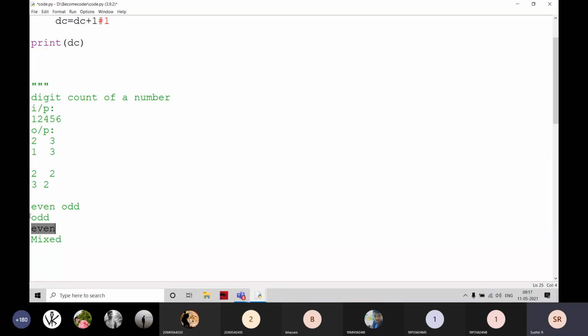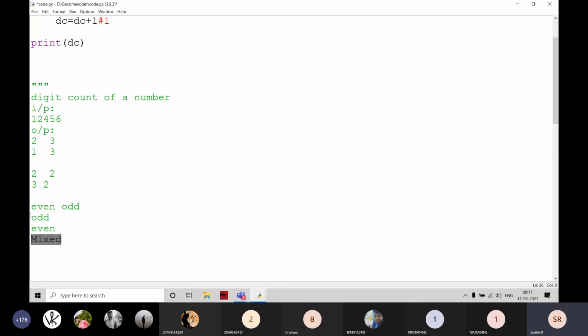If the even digit count is even and odd digit count is not odd, I am going to print only even. And if the even digit count is not even and odd digit count is also not odd, then I have to print mixed. I think this is a new question for everyone.